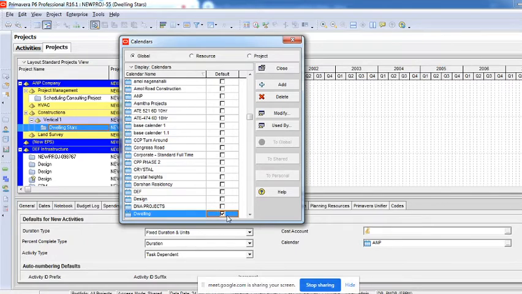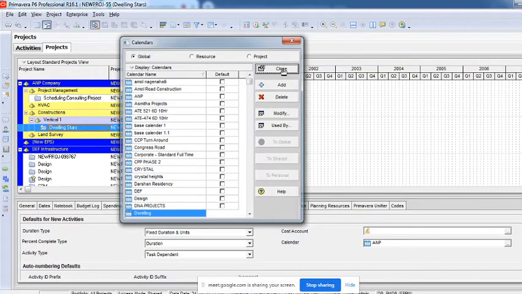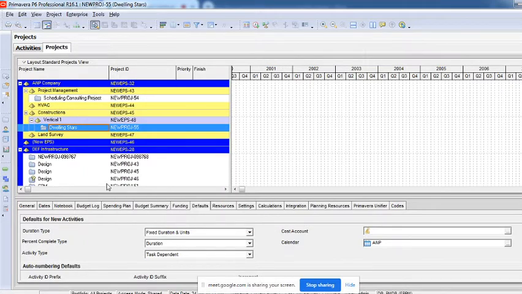Anything, like resources, steps, Gantt chart, timeline, time scale, anywhere a calendar is applicable, all those features automatically take the default calendar and start working. So to ensure proper synchronization between your project and the other things, make the calendar you want to work with the default. So I've just made it the default calendar and then say close. We have created a calendar, but we haven't assigned it yet.